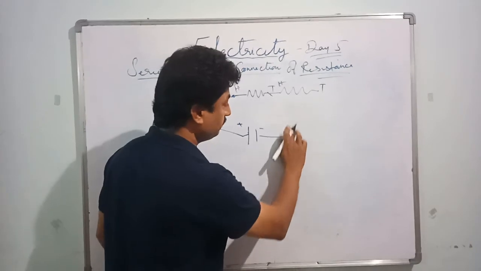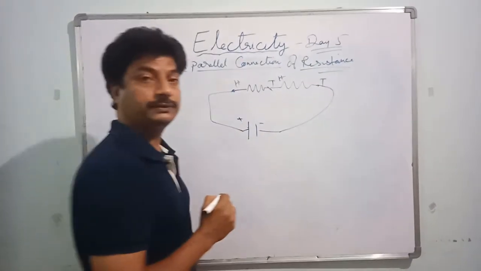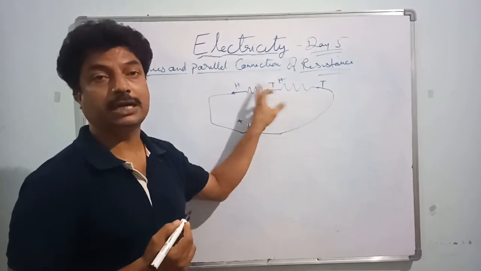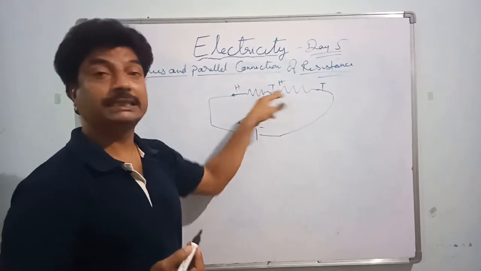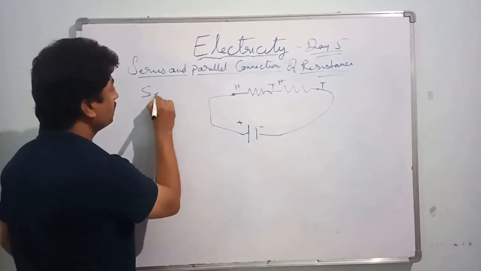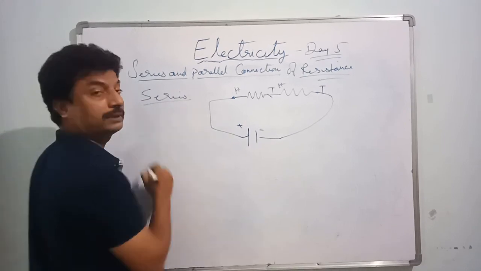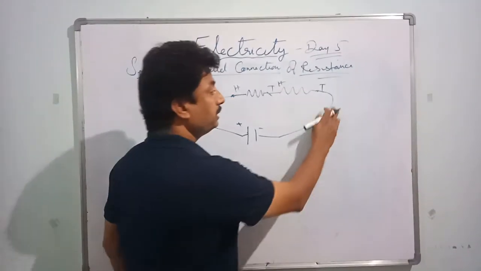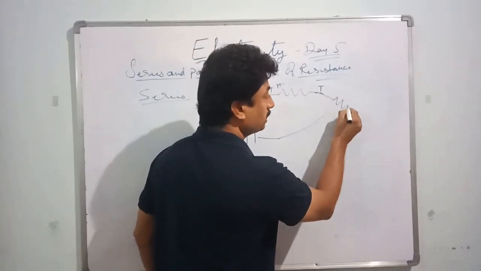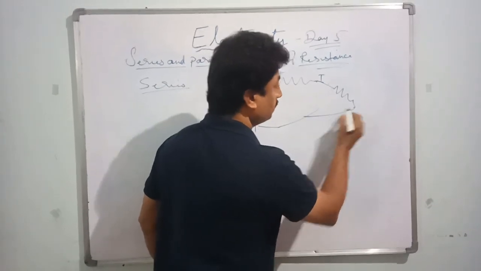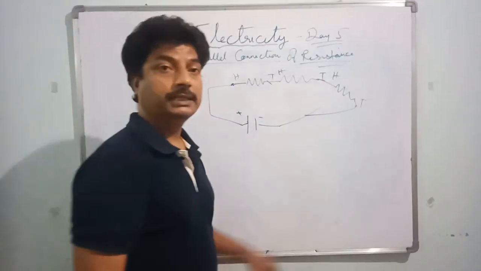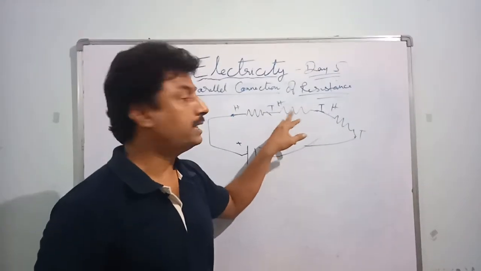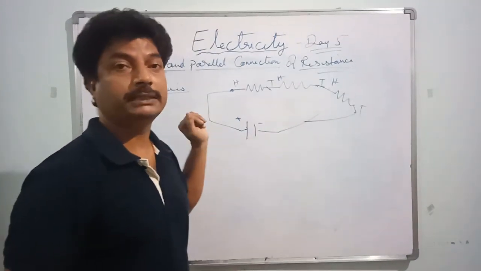This is how the connection will be; this wire will be going and connecting over here. To one head the tail will be connected, and to the other tail the head will be connected. This is how the series connection will be. If you want to connect one more resistor, you give one more over here, and this wire will be connected over here, meaning here head and here tail.